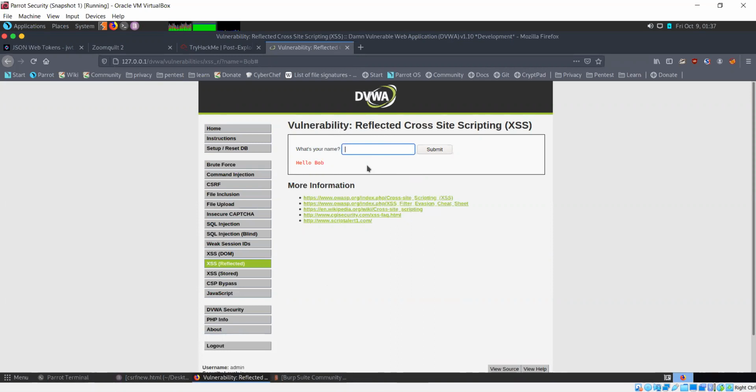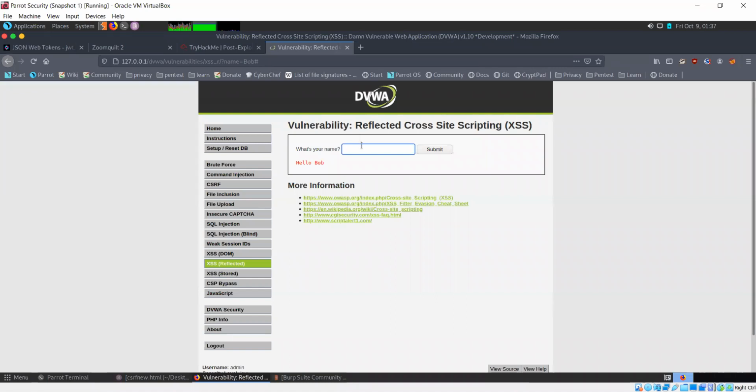So cross-site scripting, of course, has multiple forms: reflected, stored, and DOM. Reflected is when you send whatever link you have created to someone. When they load that page, they'll see the effect of it in their browser. When we talk about stored, of course, I'll come to that and explain the difference as well. For now, let's just see what cross-site scripting is and how it works.